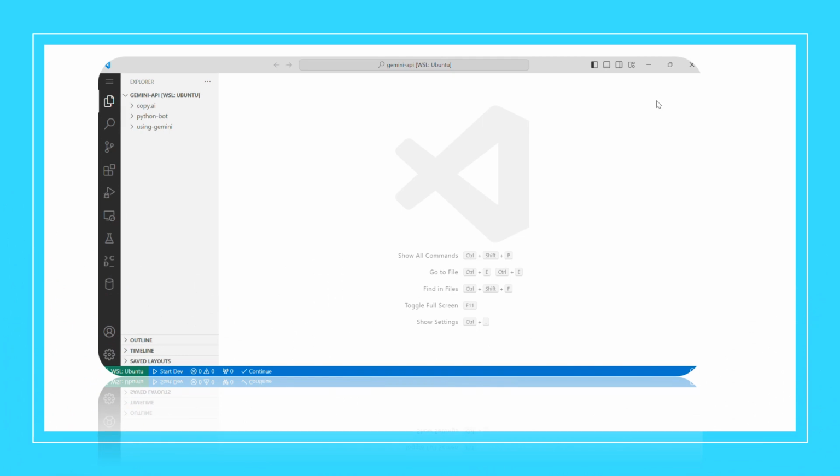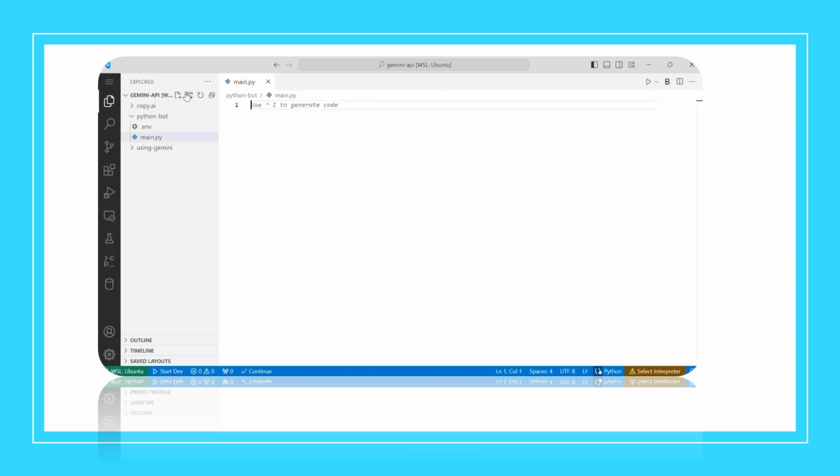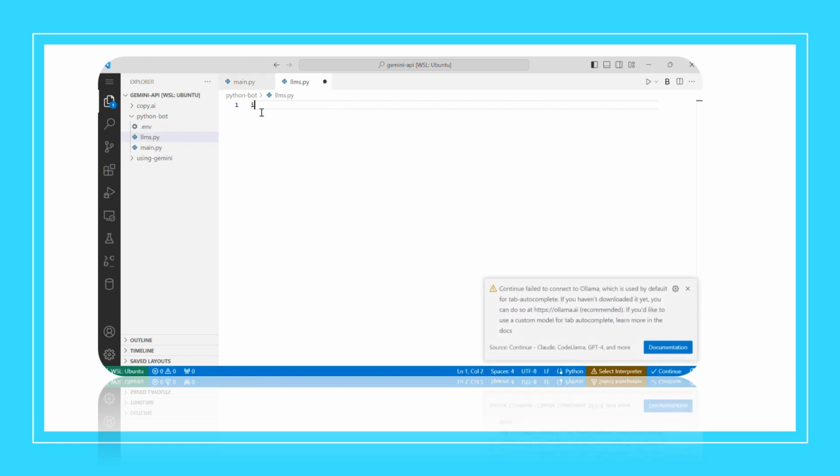Now first we'll create a folder named Python bot, which I've already done, and copy the .env file that we used in our copy.ai project and are using in our Gemini project. I've already done that, but you'll have to do that if you haven't. Then we're going to create a main.py file and an llms.py file, and then inside of the llms.py file we'll be importing